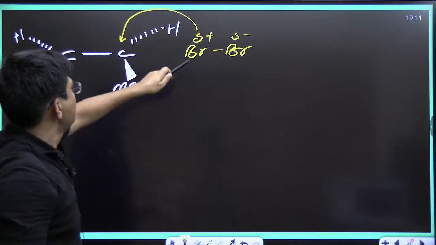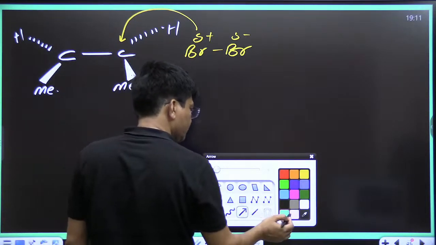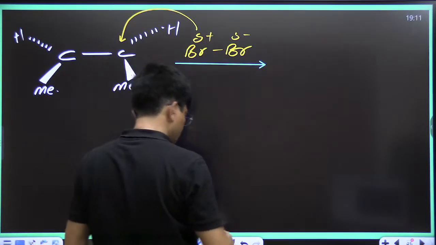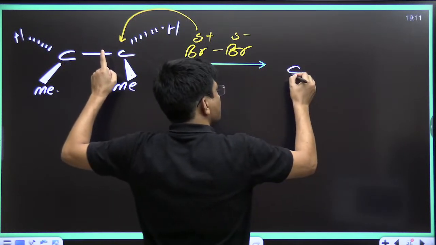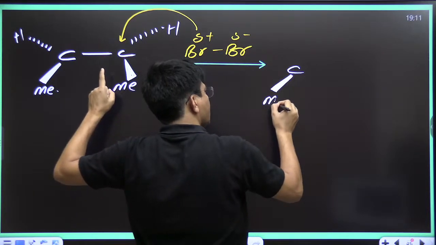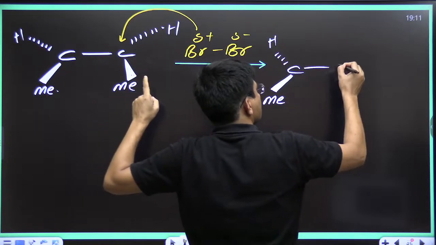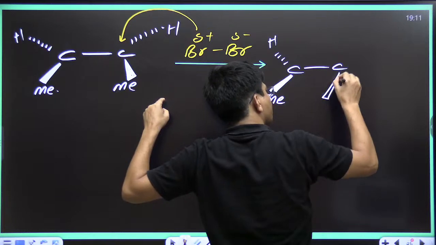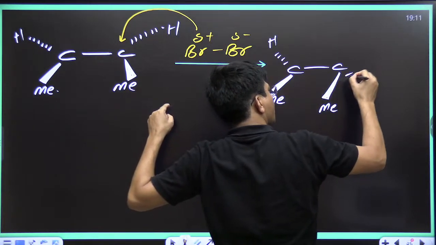Now see, this heavy Br+ has attacked on it. Now what is going to happen? See, kids, this carbon will remain like this only. This bond will remain like this only, no problem. This methyl will remain like this only. This hydrogen will remain like this only. This is carbon. This methyl will shift a little bit more downside. This hydrogen will come over here,